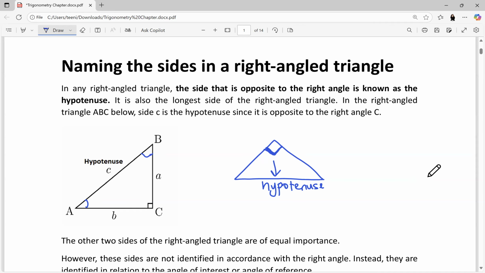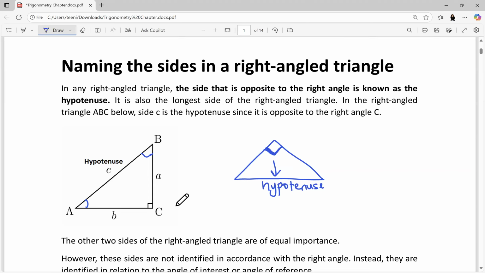Now you can also name the sides according to their endpoints. So like this side would be AB, this side is BC, and then the third side is AC, right? But you will also see it being represented like this. You'll also see it where they use the capital letters for the angles, and the sides are just the common letters, right? So side a would be opposite angle A, side b is opposite angle B, and side c is opposite